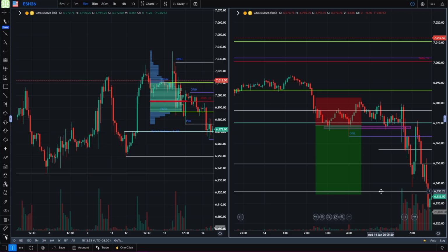this support. So that's one way you can plan a trade from start to finish using the tools inside Optimus